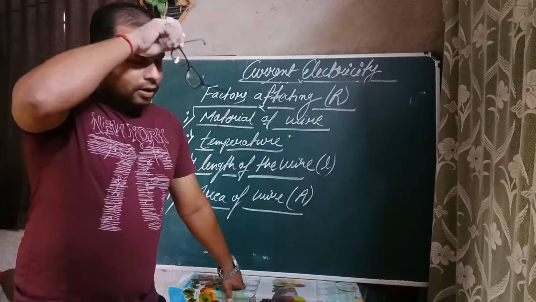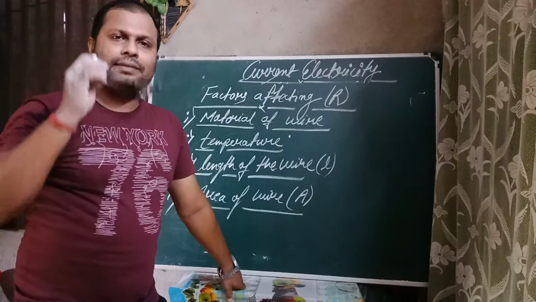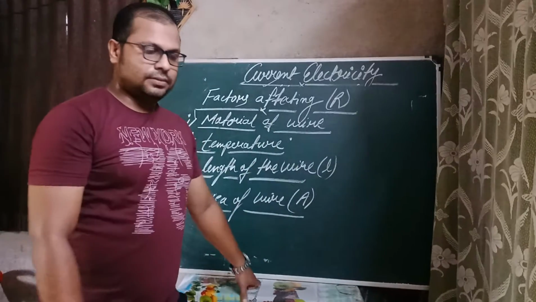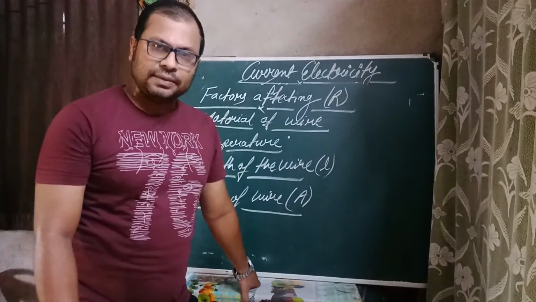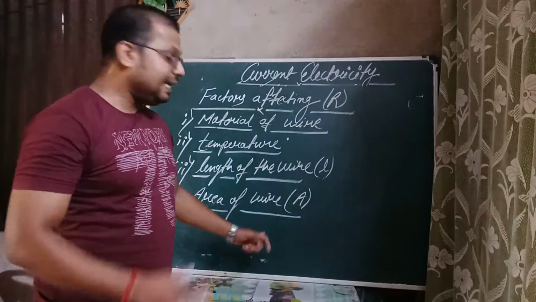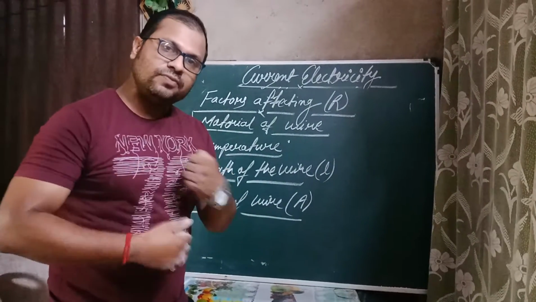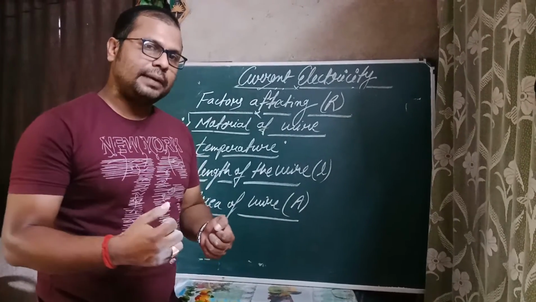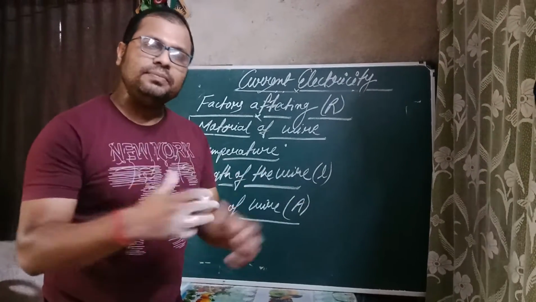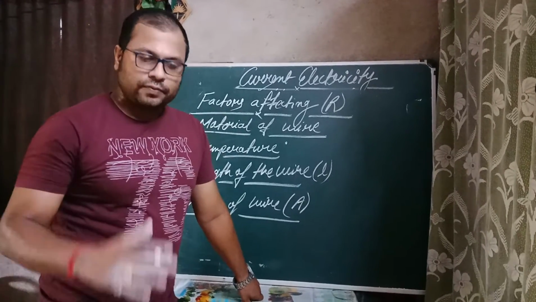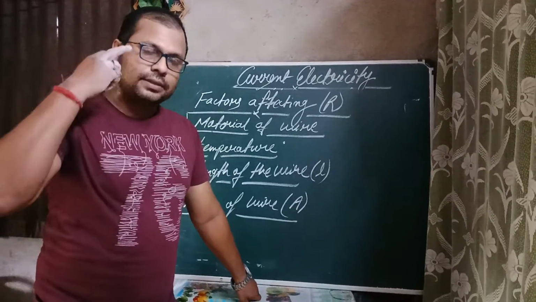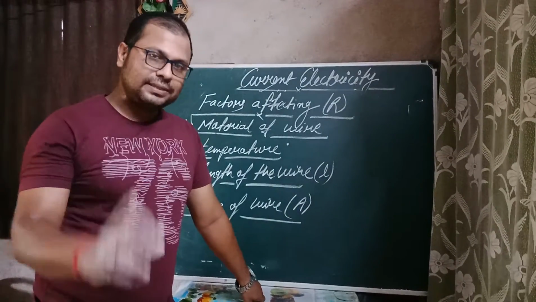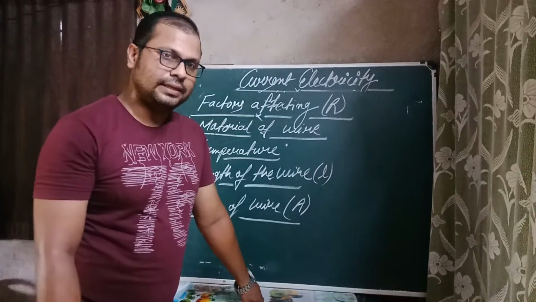Temperature. Normally we don't consider this because we don't heat the wire when we use it. But in certain circumstances, when temperature plays an important role, when we increase the temperature, what happens? Temperature increases and kinetic energy of the particles increases, we know that. So the electrons' tendency to move becomes much faster. When they move very fast, what happens? The chances of collision also increase. So when collisions increase, resistance also increases. So as temperature increases, the resistance of the wire will also increase.